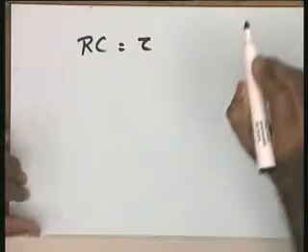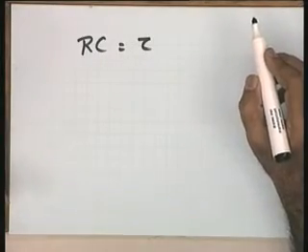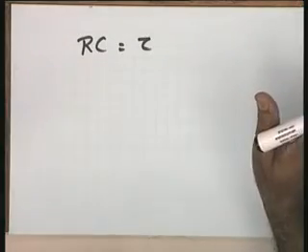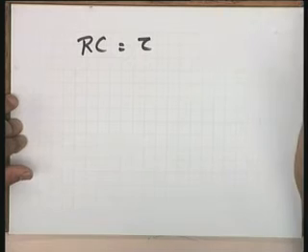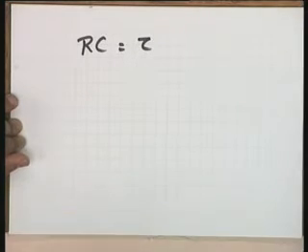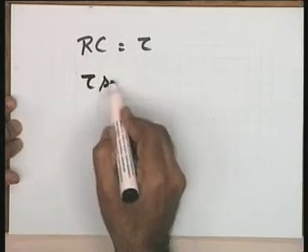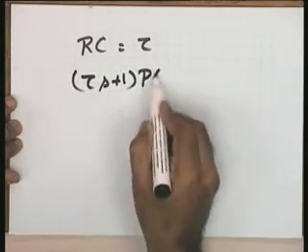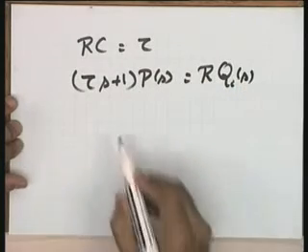Now, in this case, if I consider RC as the tau parameter of the tank, the time constant, it is a simple exercise for you. If you take all consistent units in the system, the units of R into C will turn out to be time units in seconds. Let me not go through this exercise, you can do it. This is tau, the time constant of the system. So in this case, (tau s plus 1) P(s) equals R Qi(s) becomes the mathematical model.